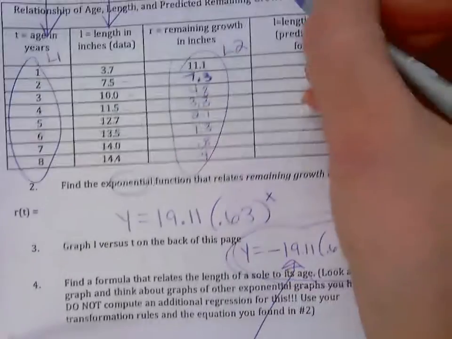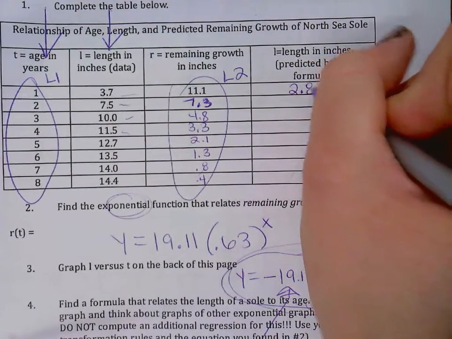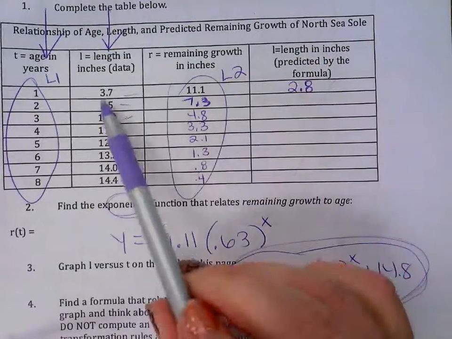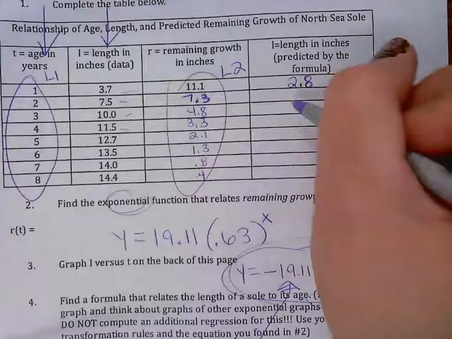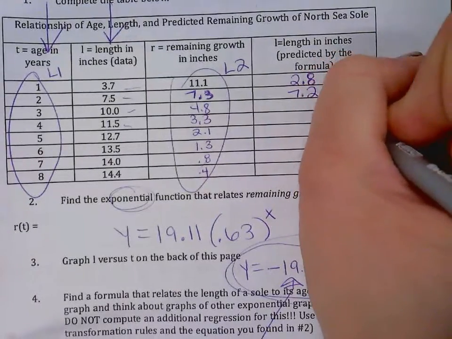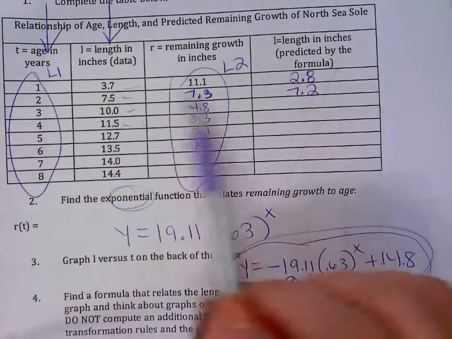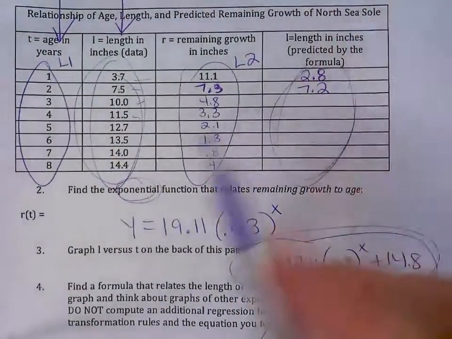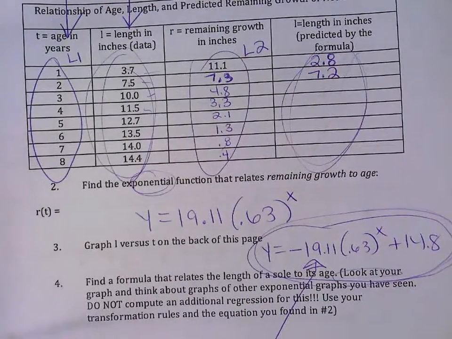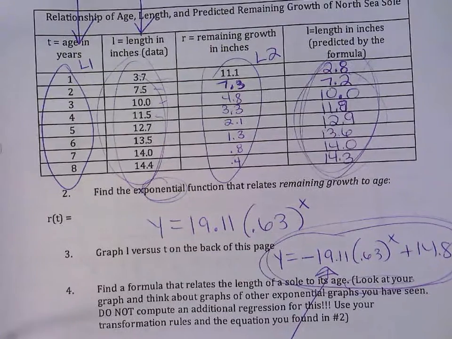So for example, if you're doing it right, your first answer should be 2.8 if I rounded it. And 2.8 is a little bit different than 3.7. Then I get 7.2, which is a little bit closer to 7.5. Right? I'm comparing the length of the fish. These should be kind of the same. So see what the rest of the values that it gives you. It wasn't exactly the same, but